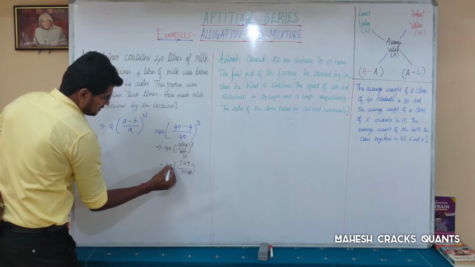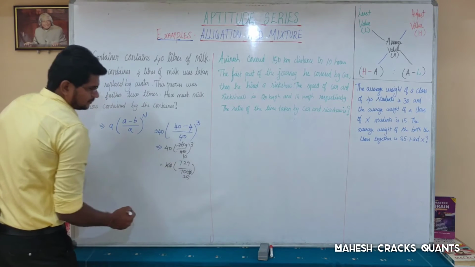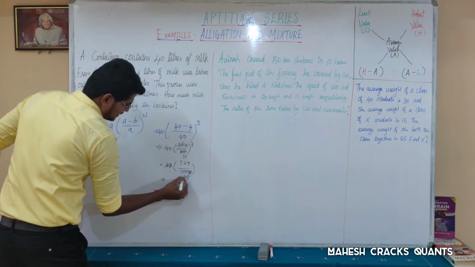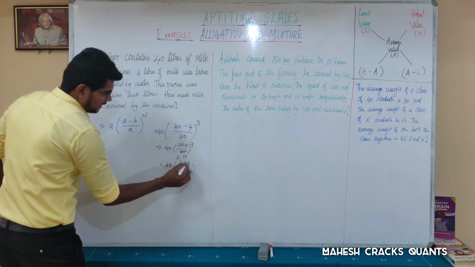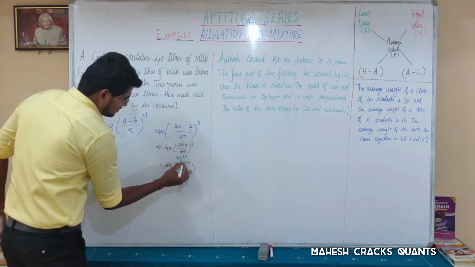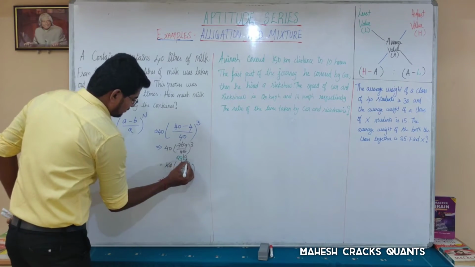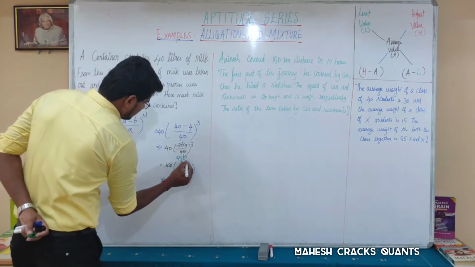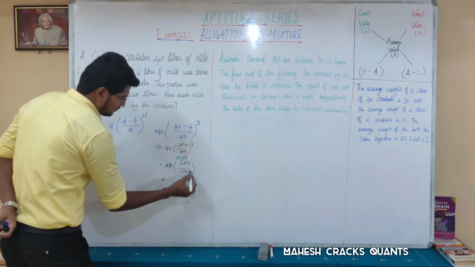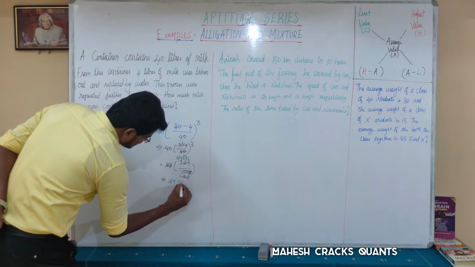So anyway, I could cancel 0, 0. By cancelling this, you will get 4 times 25 is 100. So cancel 25 with 729. What will you get? How many times of 25 is there in 72? 2 times of 25. Remaining 22. 229. How many times of 25 is there? 9 times of 25 is there in 229. The remaining 4. Point 40. How many times of 25 is there in 40? 1 time. What is the remaining? 15. How many times of 25 is there in 150? 6 times. That's all. So 29.16 liters out there.